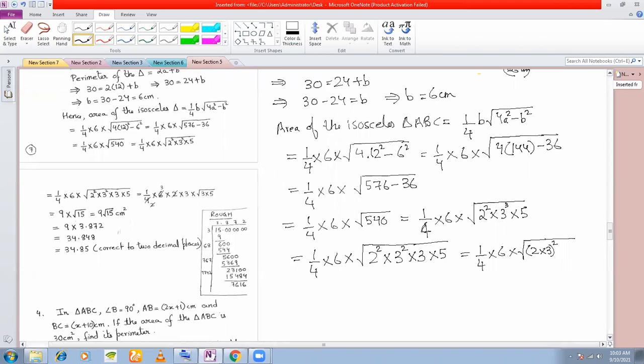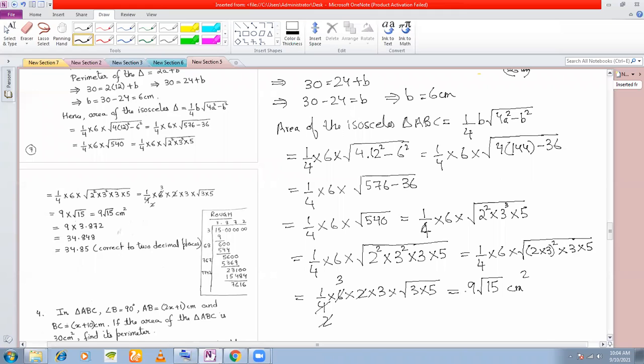What is left? 3 into 5. So which is equal to 1/4 into 6. Now you can remove the radical from 2 into 3 because it is a perfect square. And you can keep the radical above 3 into 5. So now I think this will cancel. Okay, so you get 9 root 3 into 5, which is 15